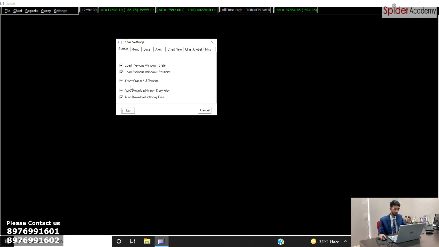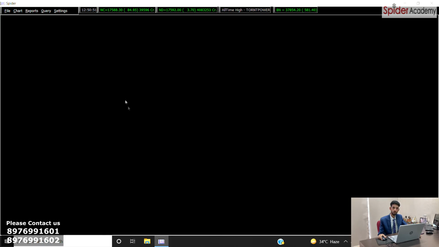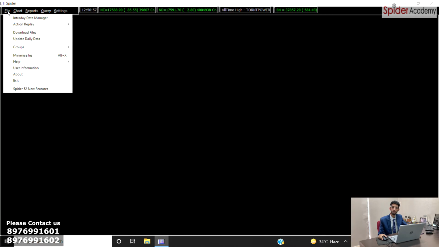In that, you can see at the bottom auto download import daily files, which is the auto download for EOD files, whereas auto download intraday files is used for the auto download of intraday files. You can see at the bottom both the settings are ticked. Once it's set, whenever you restart the software, you will get the auto download option in our software.